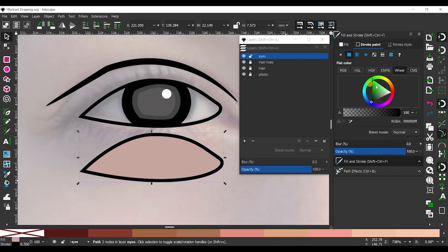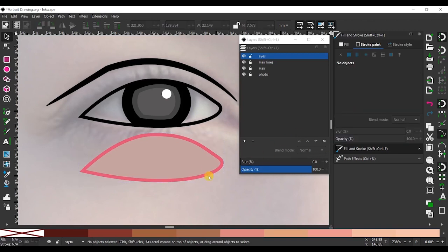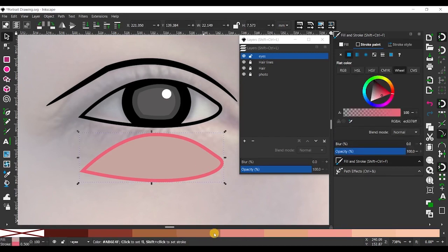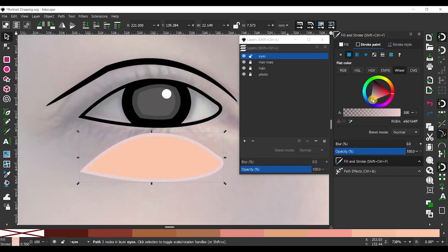With the stroke style, I want to change the color from somewhat black to the lightest of red colors, and go into the red on the wheel. You can observe I'm dragging and dropping the object to this position at the bottom, and you can observe the wheel is looking good, and this is the shape I created. I want to give the width, meaning you can also increase the width by using the stroke style, and I'm giving the white, looking like this.